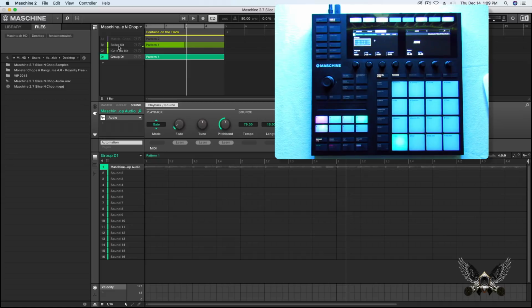This gives you the ability to actually audition and hear how things sound before you commit to having your source tempo and length set to whatever configuration you want. And just for quick